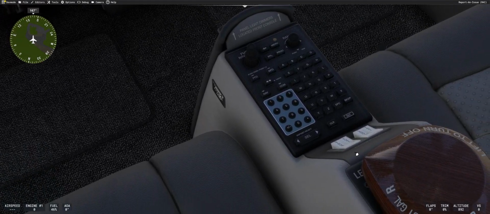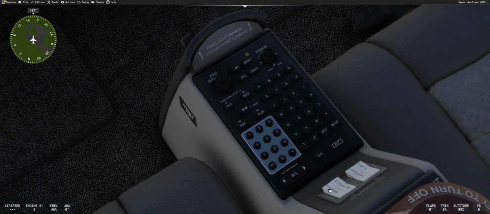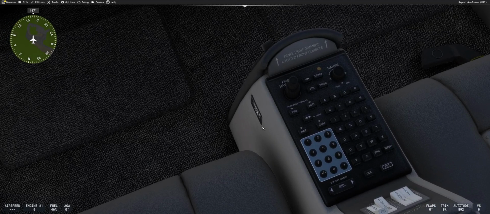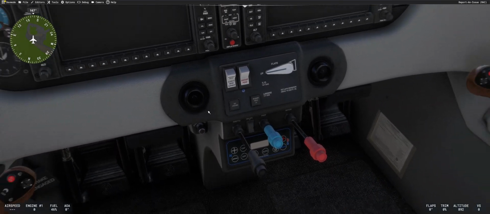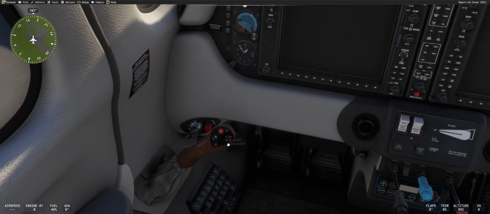Your strobe light is down here, kind of hard to see. Let me turn around there. So that's your strobe light, position light, landing light, taxi light, and all that wonderful stuff is down there. This is your flight management system, your direct to menus and all that. I'm not sure where that comes up. Does that come up on these displays that you see it? I'm not sure. But anyways, this is your